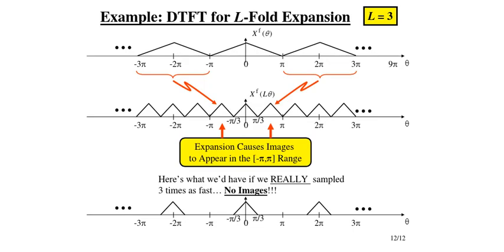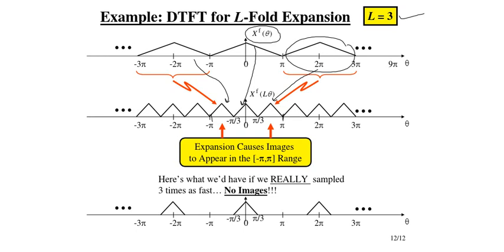Okay, now this we can visualize in the figure also. So this is the DTFT of your sampled version. So this is the original spectrum. Now we interpolate it by a factor of 3. So we will introduce 2 zeros, right? So what is happening? This is not only shrinking down between minus pi to pi, but also these replicas are coming here. So this replica has come here, and this replica has come here, right? So expansion not only causes the shrinking, but also it will introduce some replicas.